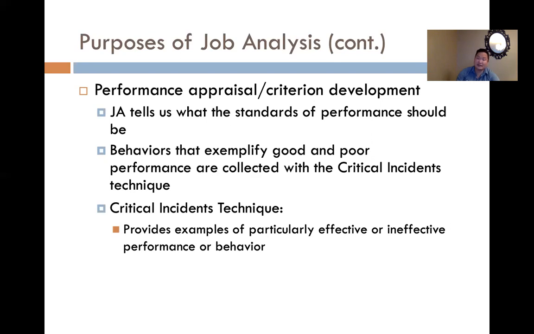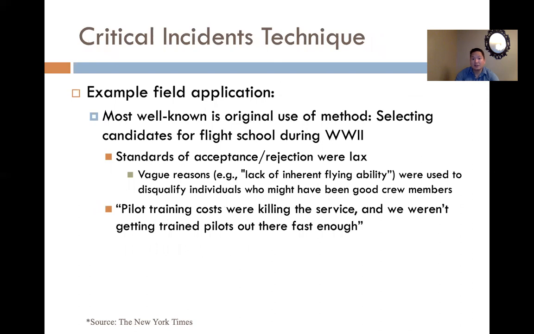A critical incidents technique is where we as IO psychologists often go in and talk to people in the field who are working there, and we ask, tell me about a time somebody was really good or really bad at the job. That way we can start filling out a library of examples of someone doing well or someone not. We kind of started this off today talking about the professor example and saying, give me an example of someone that did a great job or someone that didn't do a good job.